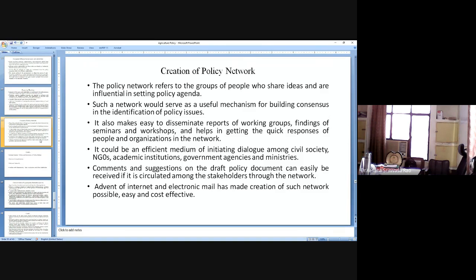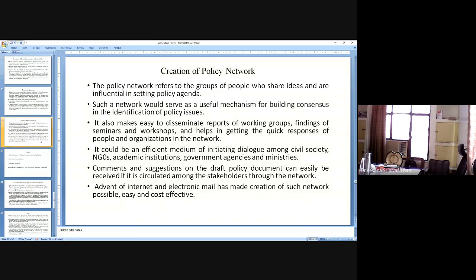It could be an efficient medium of initiating dialogue among civil society, NGOs, academic institutions, government agencies, and ministries. Comments and suggestions on the draft policy document can easily be received if it is circulated among the stakeholders through the network. Nowadays, the network is widely implemented and widely connected through the majority of the stakeholders and actors. An advent of the internet and electronic mail has made creation of such a network possible, easy